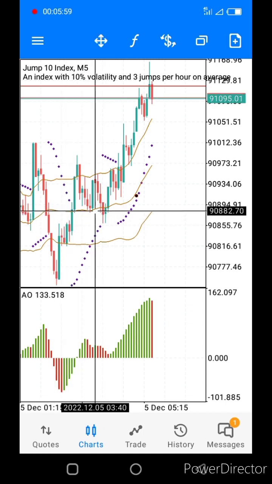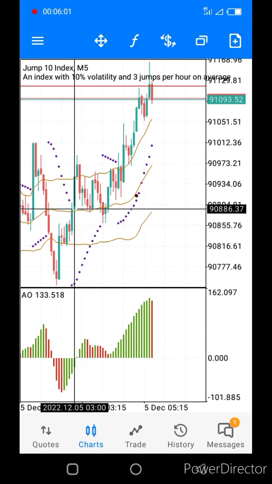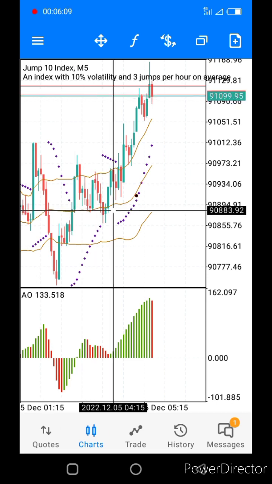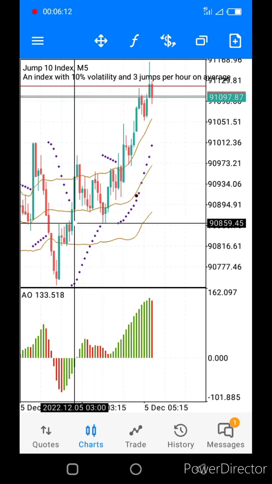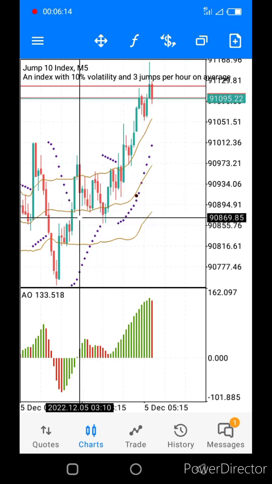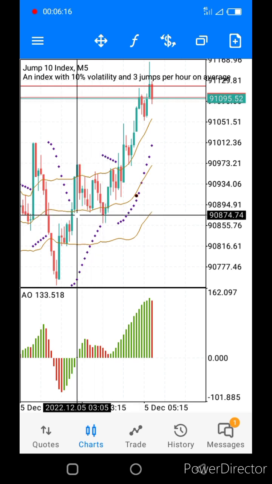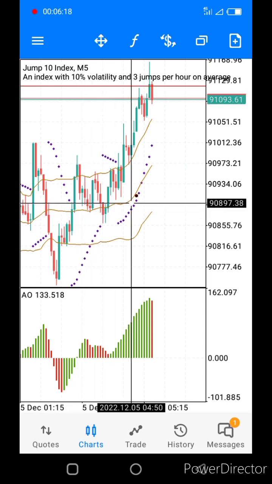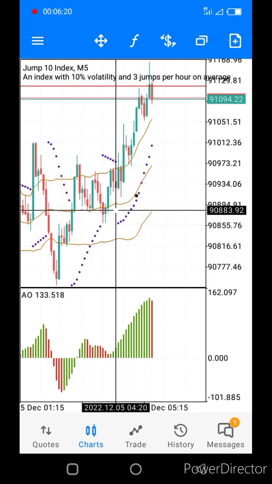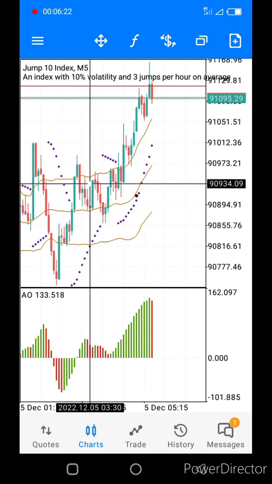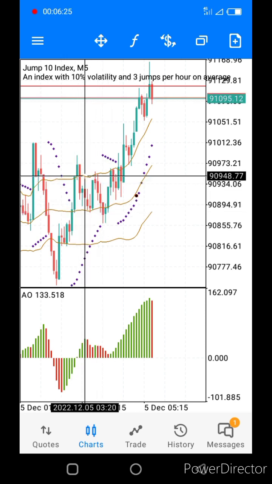You can even test it out with this setup. It will also be in the description box. In the description is the simple moving average. The middle line of the Bollinger Band represents simple moving average 20, SMA 20. So if you already entered this trade and you've picked these two candlesticks,